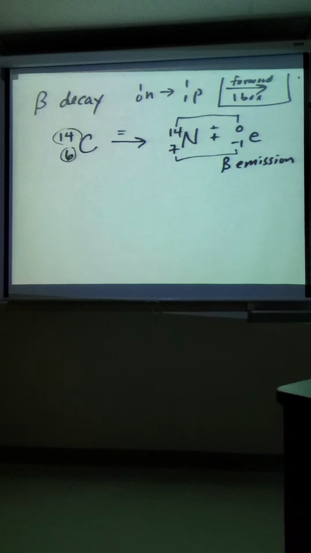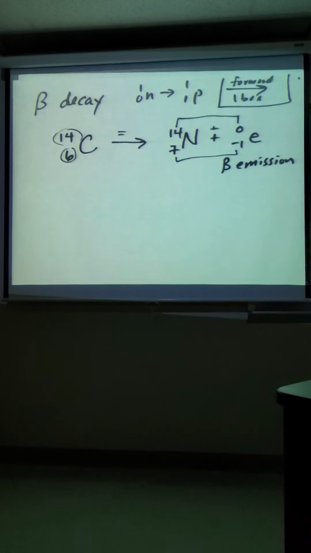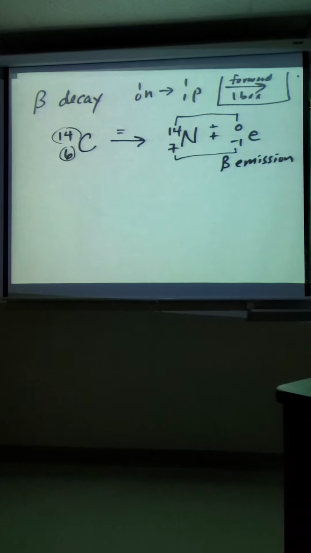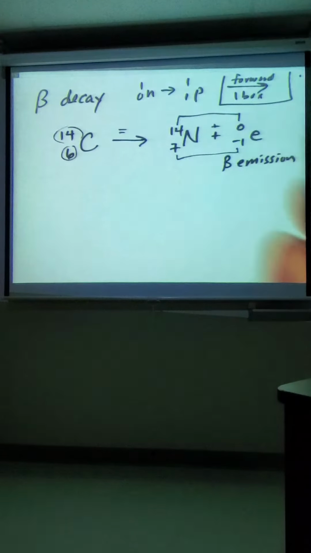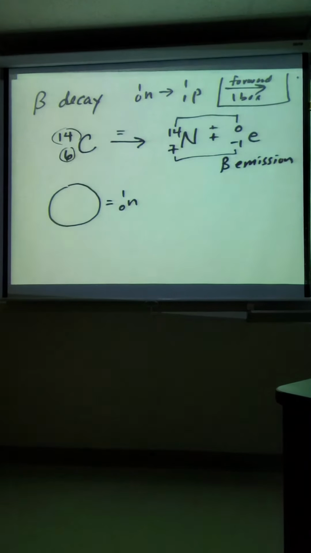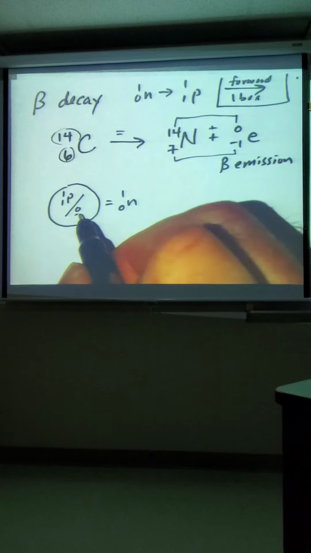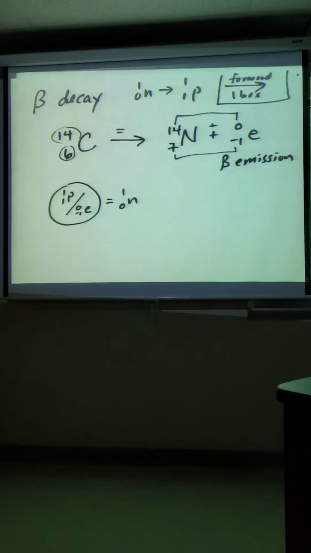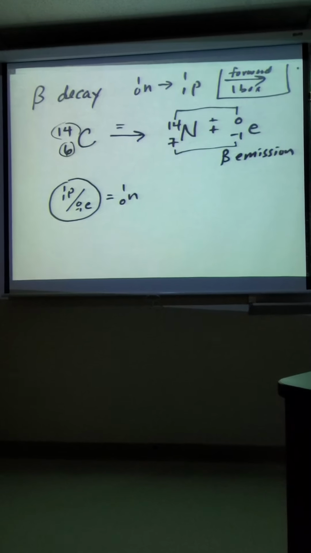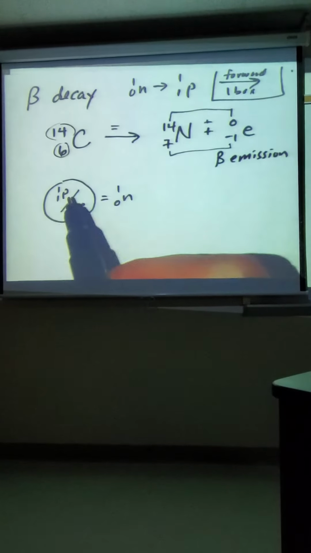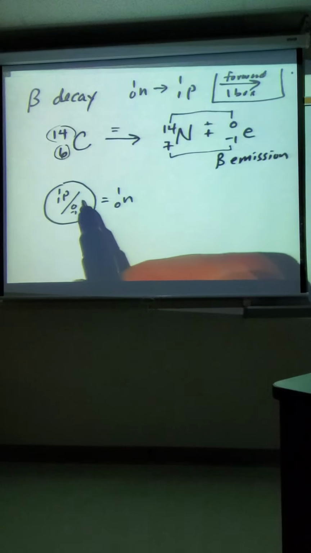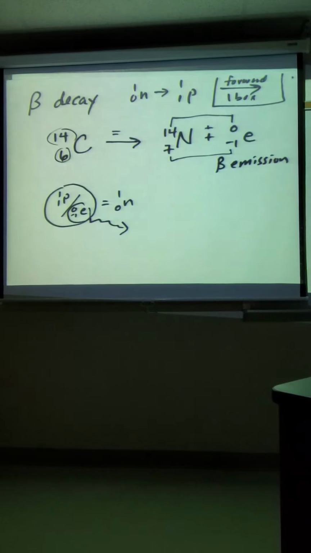So what happened here? Well, again, we have a neutron, but somehow it became a proton. A good cartoon way to think about this is maybe what a neutron is. If a neutron is a 1/0 n, maybe that really is a proton and an electron together. If this is an unstable nucleus, it's so angry that the proton's basically evicting the electron, and